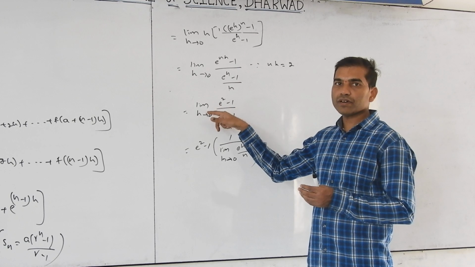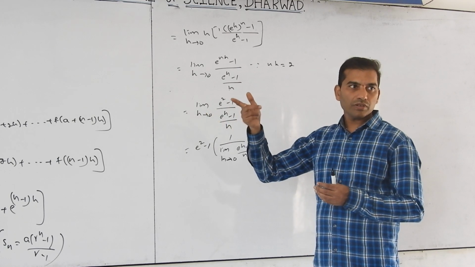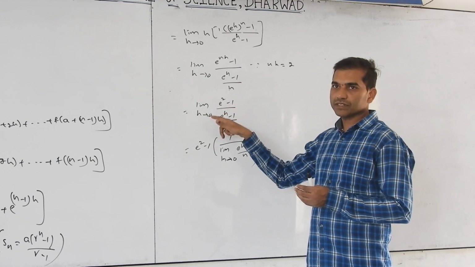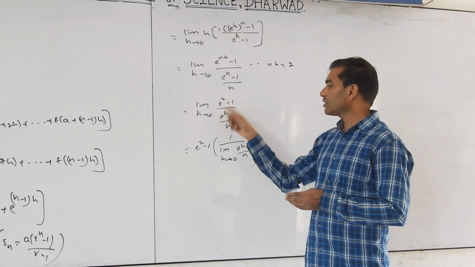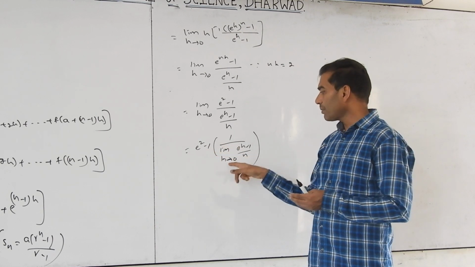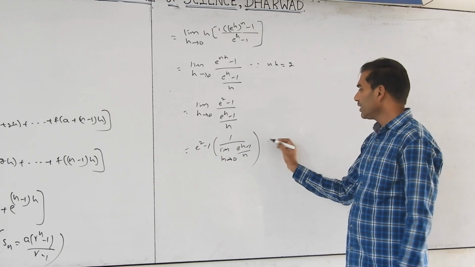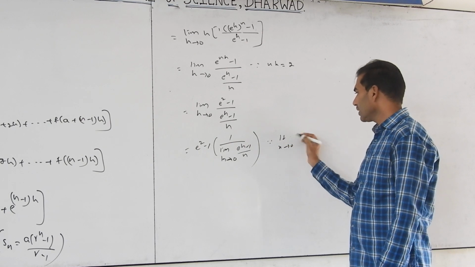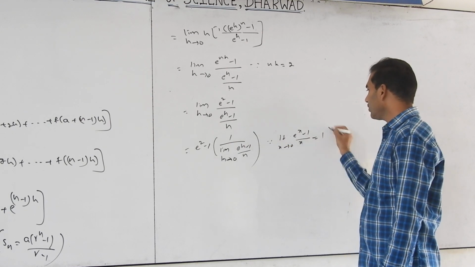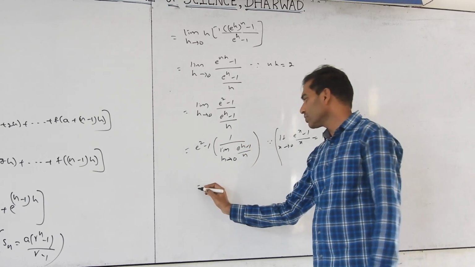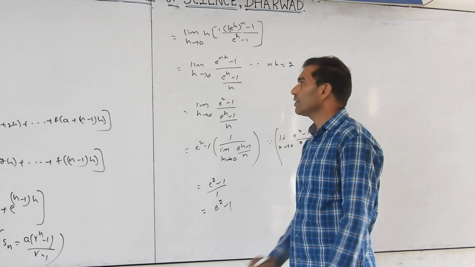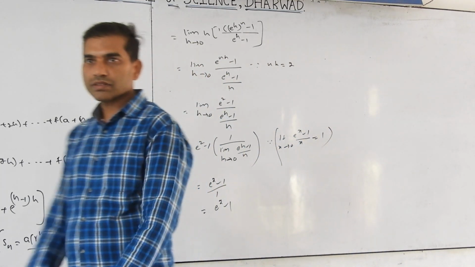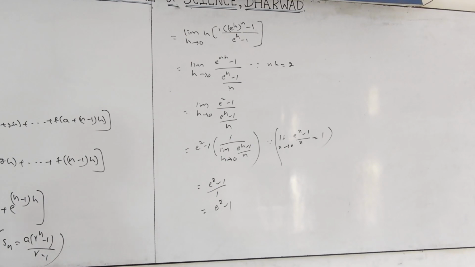By using the limit concept, which I think you did in first year, we have done this. So write numerator and denominator separately. Numerator e square minus 1 is e square minus 1. Denominator: this is a standard formula, limit of x tends to 0, e raised to x minus 1 by x equals 1. So e square minus 1 by 1. So the answer is e square minus 1. This is a very important question, either a 2 or 3 mark question.